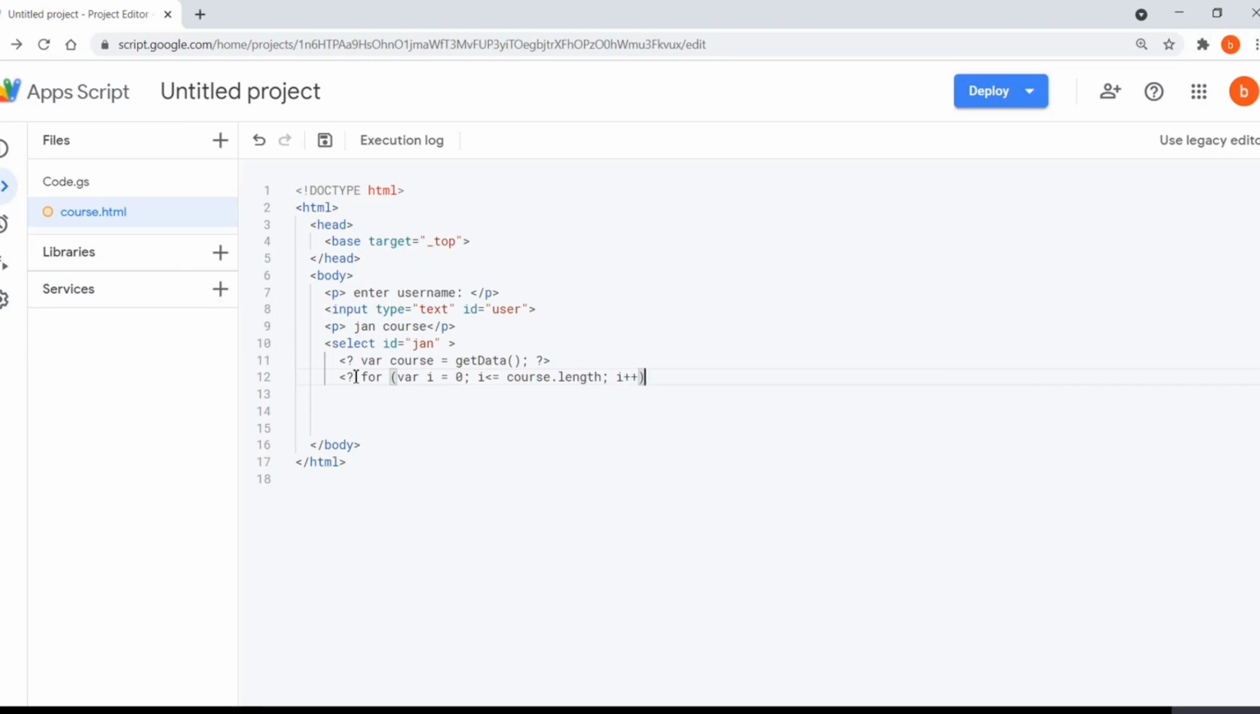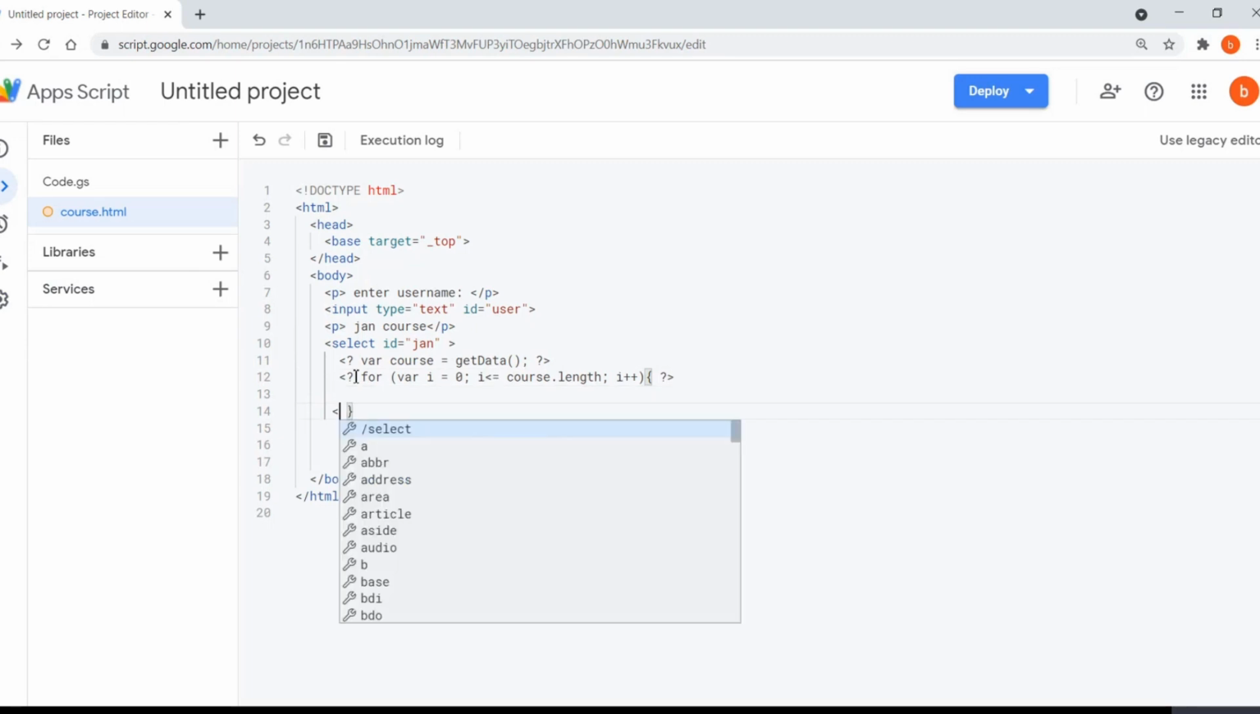I plus plus. Open up our brackets. Close. Put question marks around this. So question mark, and then question mark, close. Now inside